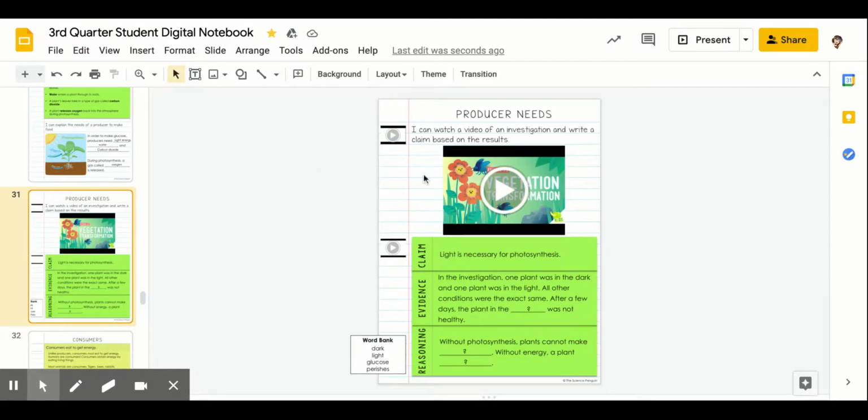Let's watch a quick video more about producers. All right, let's finish filling out this slide. So the claim in this video is that light is necessary for photosynthesis. The evidence is that in the investigation, one plant was in the dark and one plant was in the light. All other conditions were the exact same. After a few days, the plant in the dark,